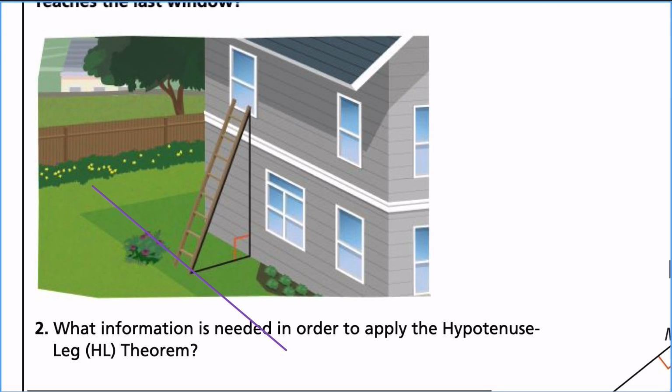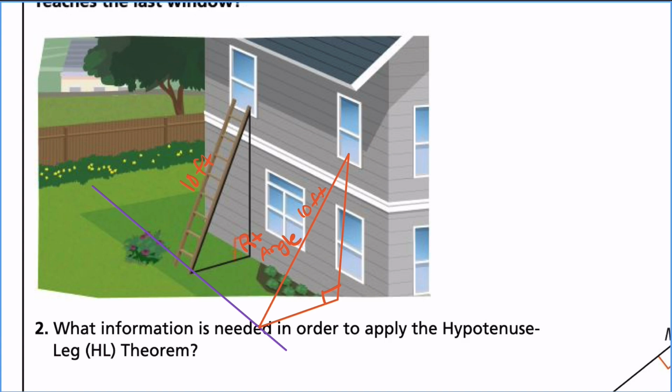What we're dealing with here is what appears to be a right triangle. We have a right triangle down here, right angle, and we have a 10-foot ladder. We want to create a visual of another 10-foot ladder with the same right angle, because the ladder itself will not change in length,